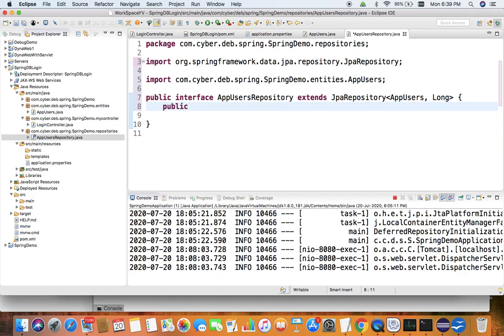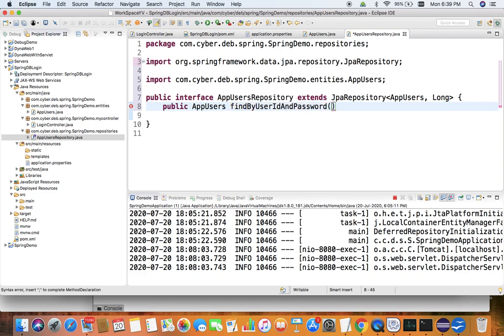I will go for a method which will return app user, and the method name is going to be findByUserId, U capital, I capital, then And, A capital, then Password, P capital.